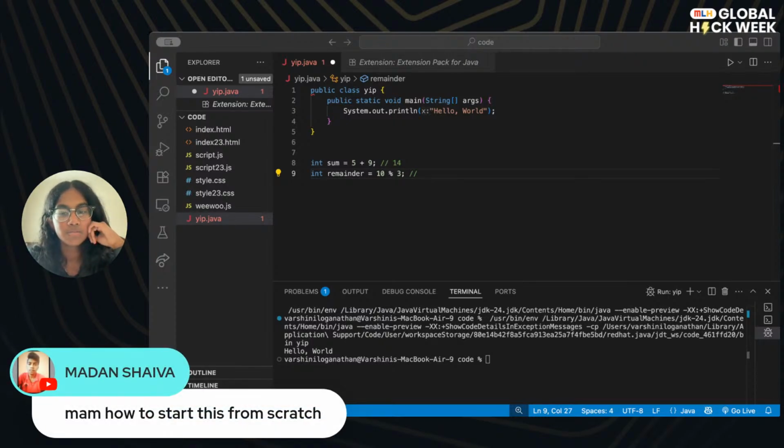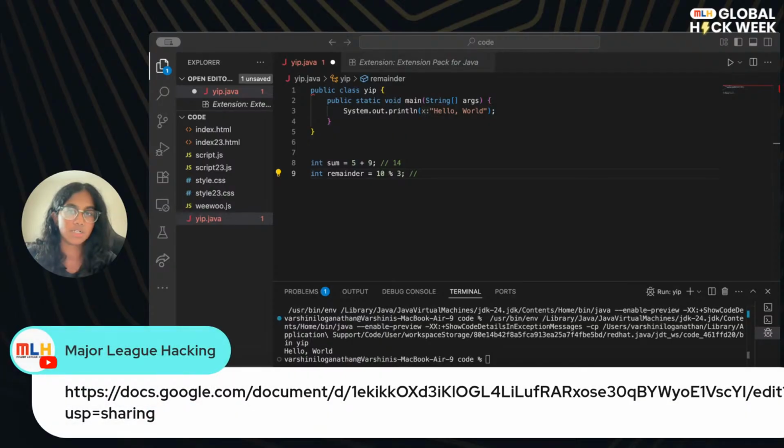Yeah, if you mean from scratch, like this session from scratch, you're going to want to get Java and VS Code downloaded. You'll use the Oracle link for Java, which is going to be on here, at this link. This is going to be our document for the session. So go to that link. I've got the Oracle link to download Java on there, and then follow the instructions based on if you're a Mac or Windows user.